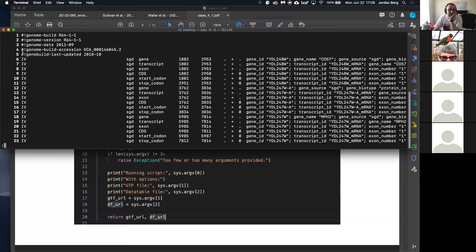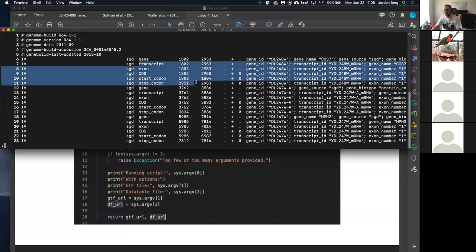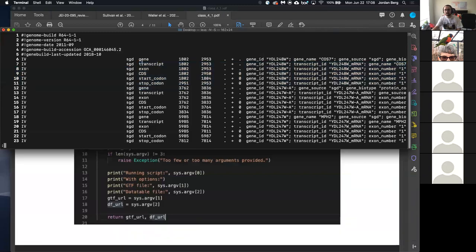So we want just the gene records. We don't need, for every gene, to find the gene name and gene ID pair from all of the smaller records. We can just stick with the gene. Whereas if you wanted to make a transcript ID to gene name reference, you might want to grab just the transcript